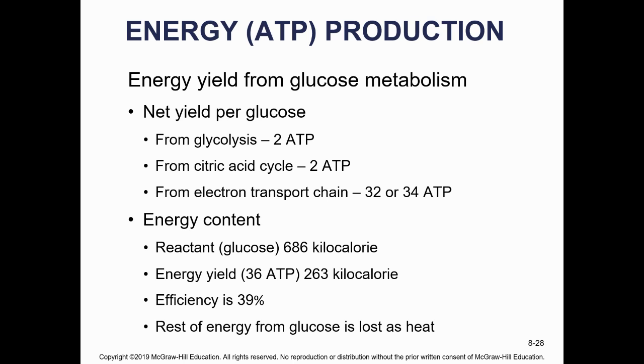So per glucose molecule, I can get 2 ATPs from glycolysis, 2 from the citric acid cycle, and 32 to 34 from the electron transport chain. This is a really, really efficient process. It might not seem like it with this efficiency of 39%. If you consider